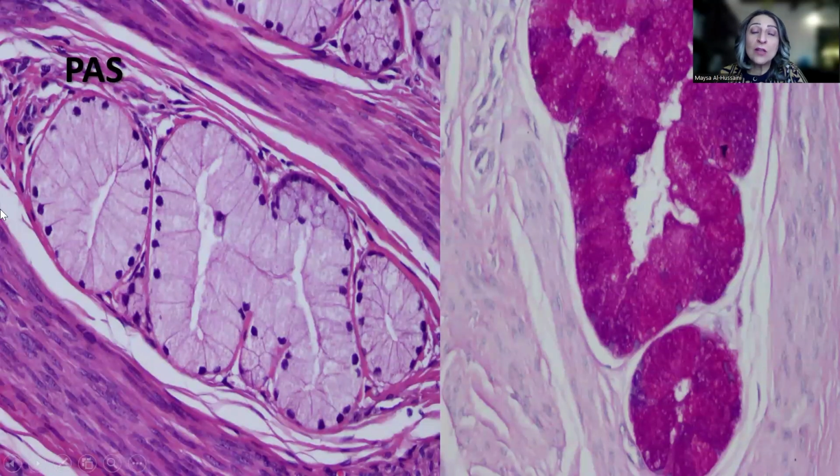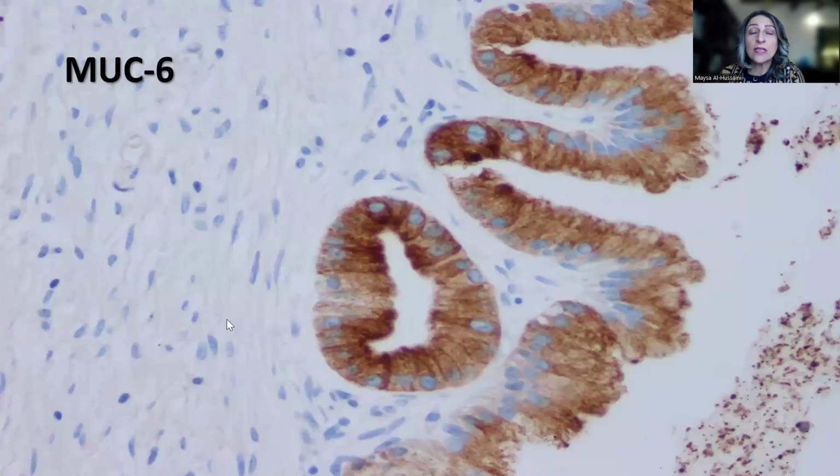This is one of the glands that I shared with you that does not show the desmoplasia, and this is the PAS stain of the same gland, just to give a whole idea how the diagnosis really works and how the special stain really helps in this context. Now, MUC6 immunohistochemistry is very helpful because it shows the cytoplasmic staining in the gastric differentiation in this type of